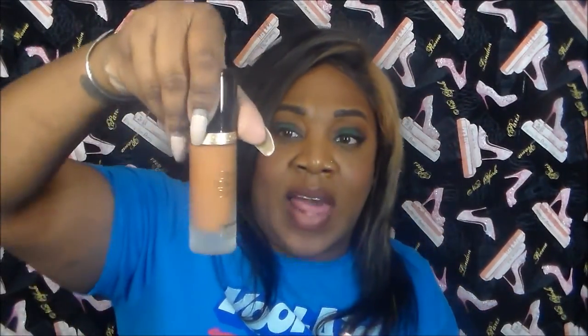This is $40. You get 1 fluid ounce, so it's the same amount of ounces, just this bottle is a lot thinner. It is very much like the concealer. So I wanted to give this a try because you guys know I love a good matte foundation. So I got this as a part of the sale. And then the last item I got,